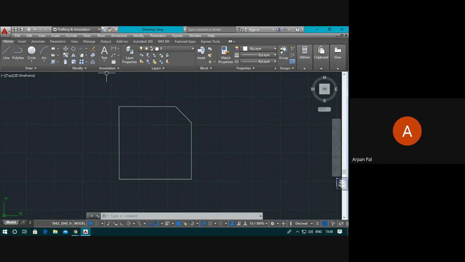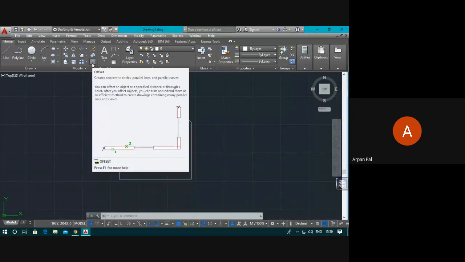In this modify toolbar, here is the tool present. If you move your cursor around it, it is written OFFSET. You can click there.